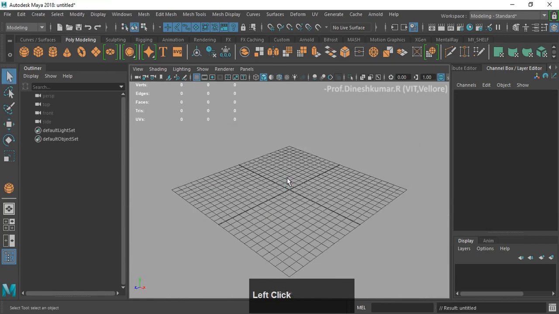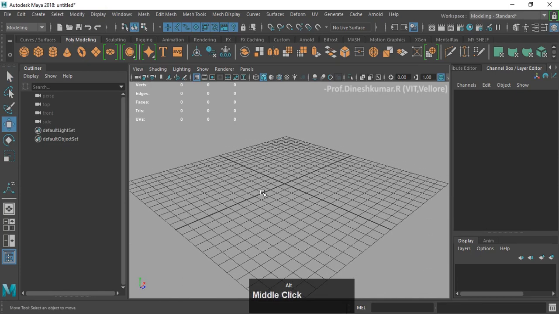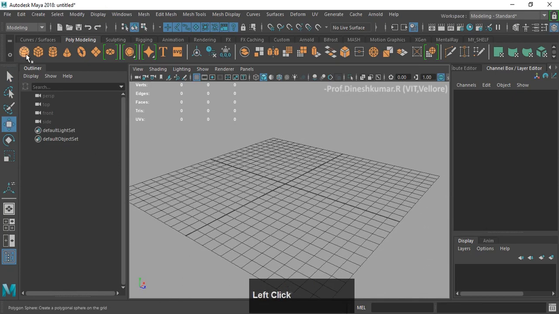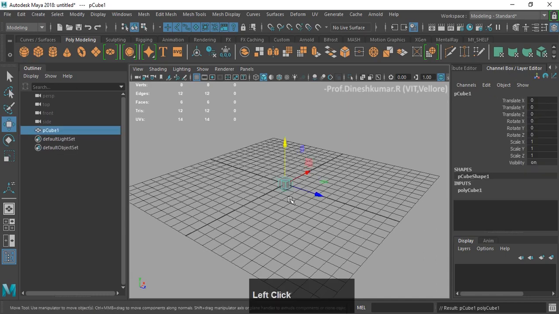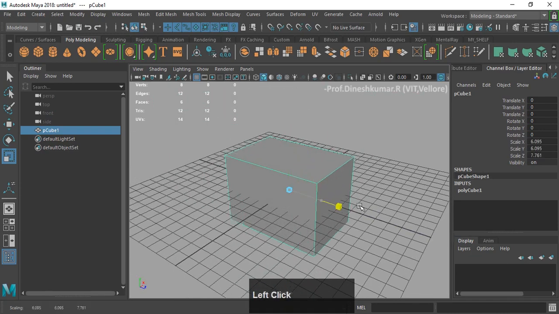I create a new scene again. Okay, now we look at the history. Let's create a cube. So now we have a cube. I press F, I press R, I got a cube here. I just scale it